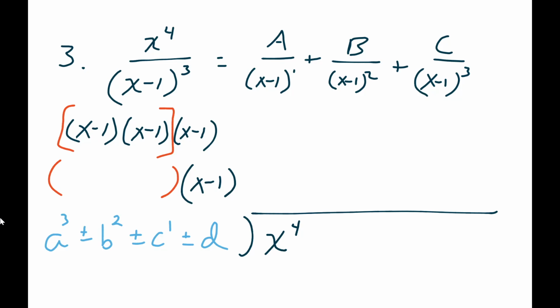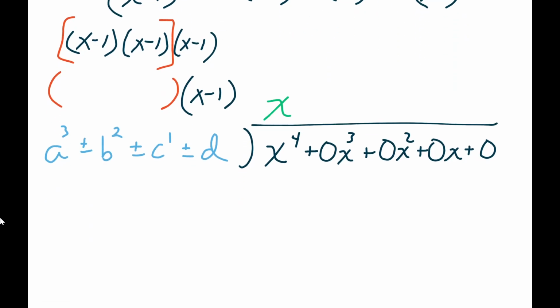Now here's the thing, you're going to need some placeholders in order to get this long division to work out. So we need a 0x to the third, we need a 0x squared, we need a 0x, and you probably even want to have a regular 0. Now if you do this long division correctly, it's only going to take 2 steps. It's not a big shocker that we're going to end up with some type of x in this spot. You end up doing the long division so that you can end up with another set of numbers, and finally there'll be just a number, a plus or minus some type of number, which again will give us another step,